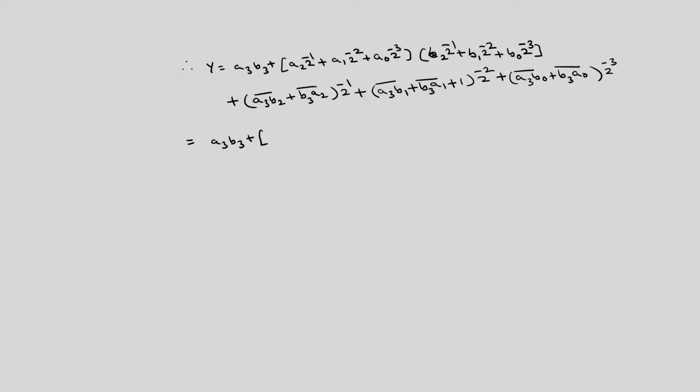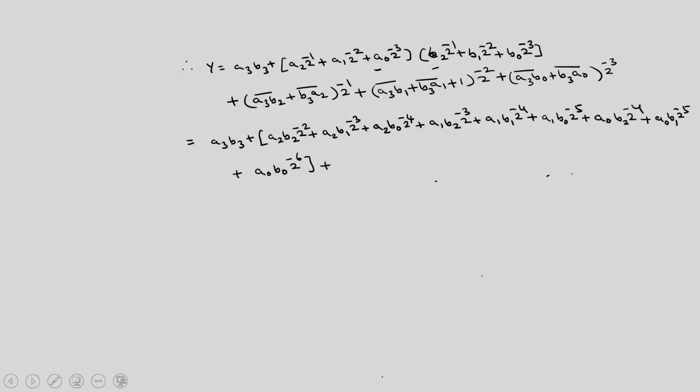So, this is equal to here this is A2 B2 2 raised to the power of minus 2 plus A2 B1 2 raised to the power of minus 3 plus A2 B0 2 raised to the power of minus 4 plus A1 B2 2 raised to the power of minus 3 plus A1 B1 2 raised to the power of minus 4 plus A1 B0 2 raised to the power of minus 5 plus A0 B2 2 raised to the power of minus 4 plus A0 B1 2 raised to the power of minus 5 plus A0 B0 2 raised to the power of minus 6